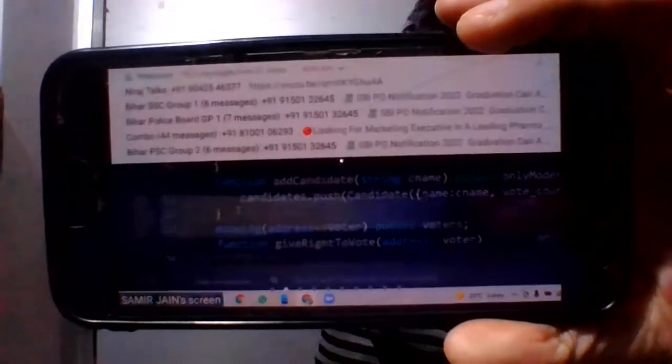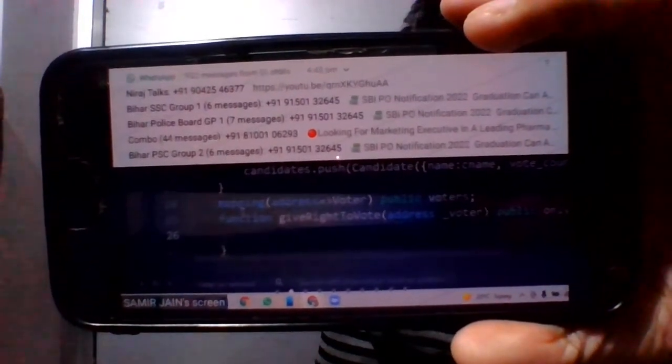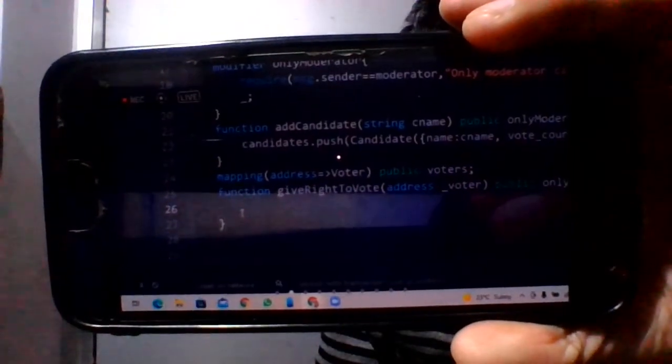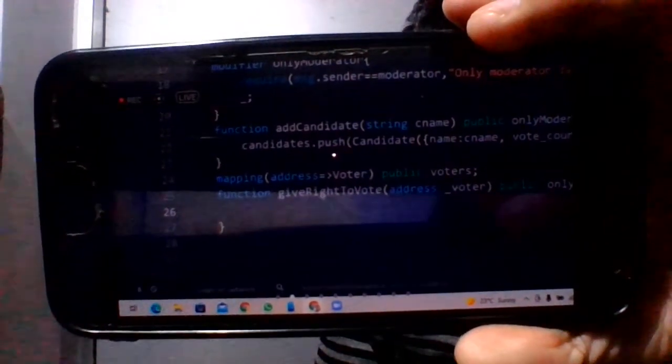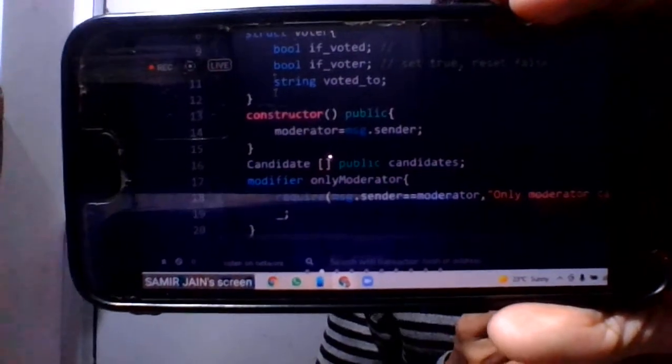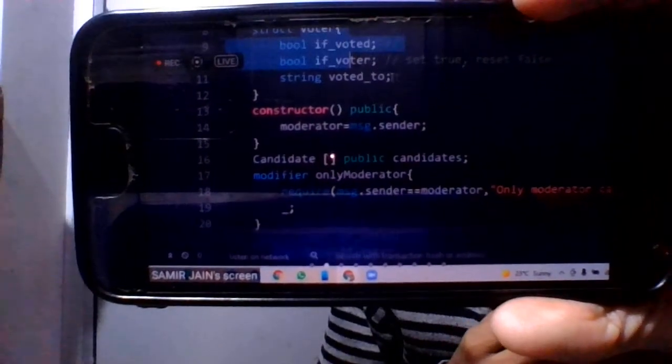So the first thing is, because we are adding the condition give right to vote, what information in this structure should be updated?